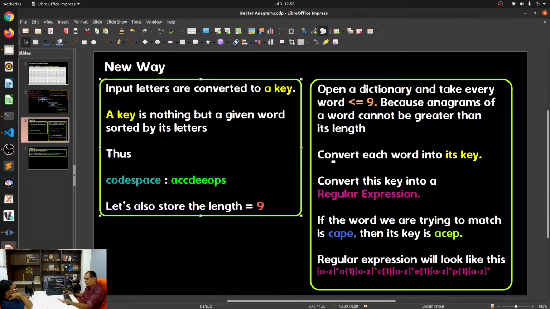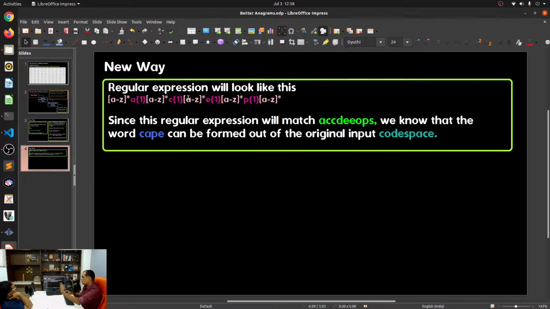Convert this key into a regular expression. Why regular expression? Because you want to match the word key against the input key. And I think you can see where this is going. So if the word we are trying to match is cape, then its key is ACEP. The regular expression would look like this, and I have another slide that explains what this looks like.